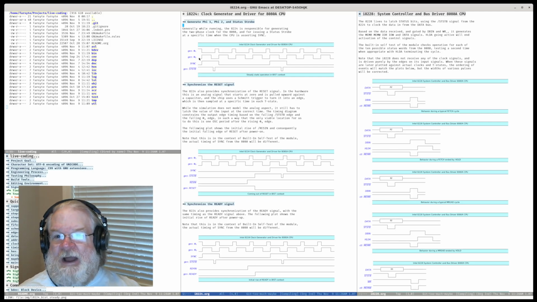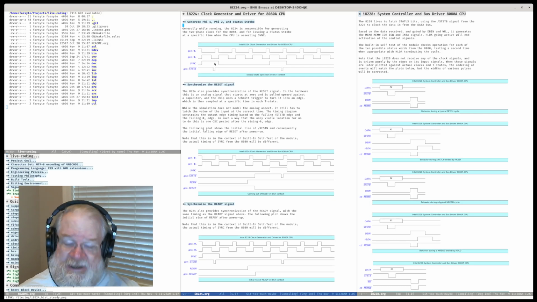For instance, Gen Phi 1 and Gen Phi 2 are driven by a bit of logic that says every time we get a falling edge on clock, I look at my little counter, and if I'm at the appropriate time during this cycle, I'm going to switch from Phi 1 high to Phi 1 low, and Phi 2 goes high, and so on. So this is a little piece of logic